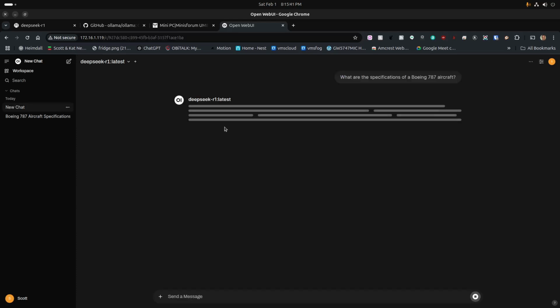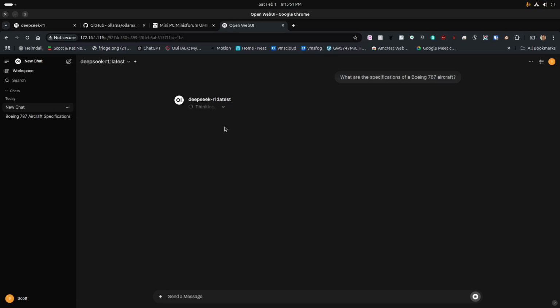And this time, since it's a 7.8 billion parameter model, it's going to take a lot longer than that 1.5 billion parameter model in order to come up with the resulting information. And my guess is it might take as long as a minute to formulate the response here. And you can see part of the DeepSeek model is it will print out the word thinking while it's trying